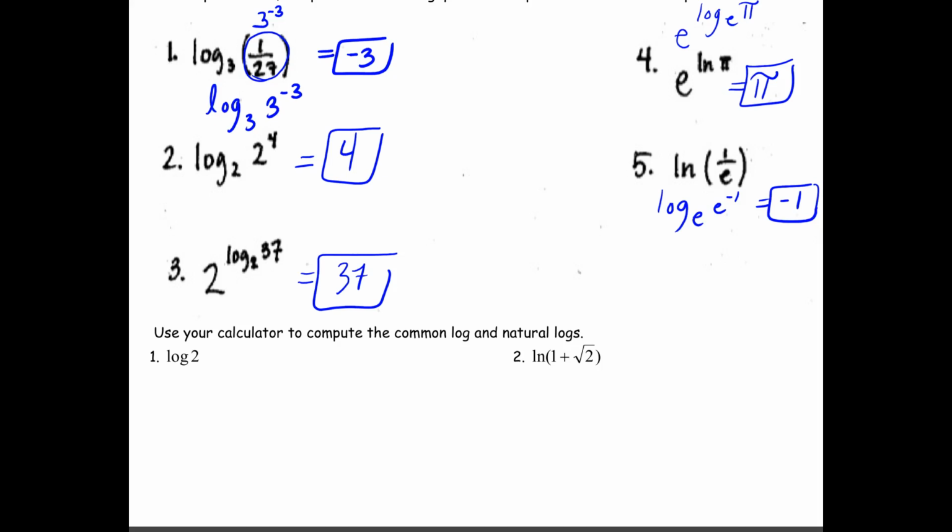So just make sure you know how to evaluate that. That should be 0.301. And then number 2, if you're evaluating natural log, make sure you know that you can put in parentheses 1 plus root 2. And that should come out to be 0.881. If you need help on the calculator, I will